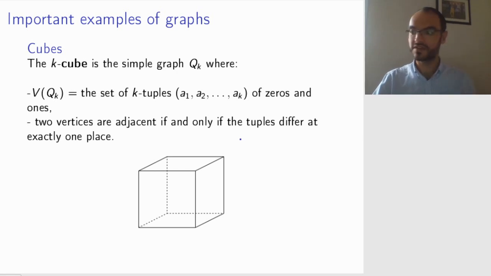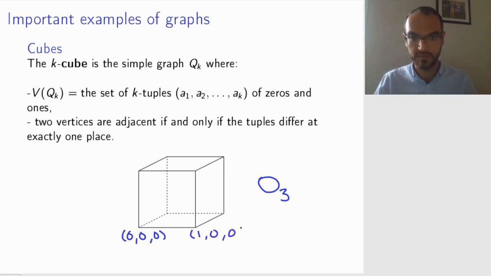This looks awfully familiar as a cube, and I claim that this is precisely the cube Q3. So imagine this is drawn in a coordinate system. So this point has coordinates 0, 0, 0. This point has coordinates 1, 0, 0. So it's a cube with side 1. And notice here that there is only a difference in the first coordinate between these two points. That's why I draw